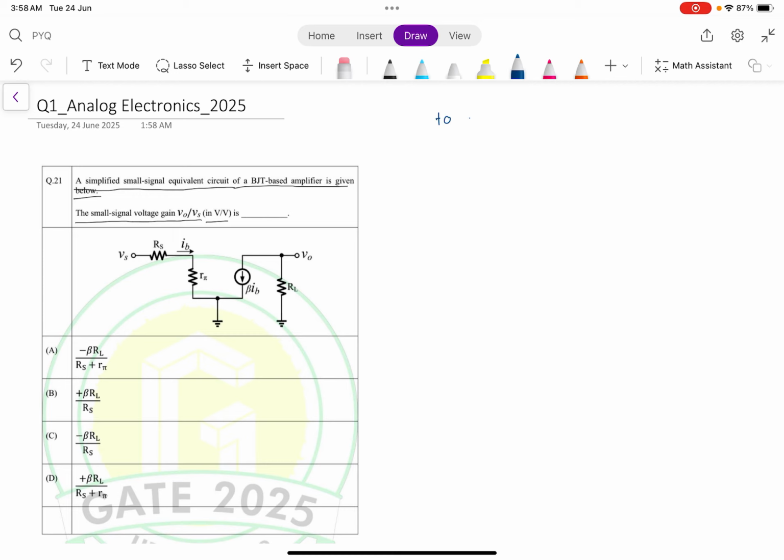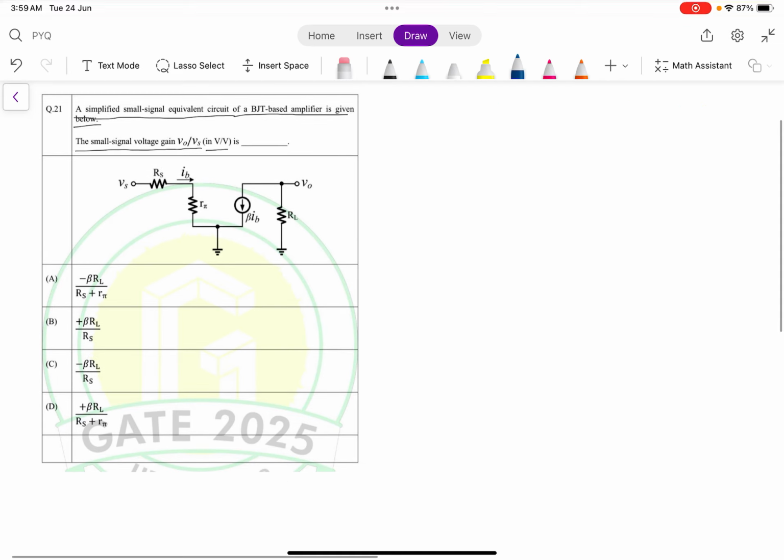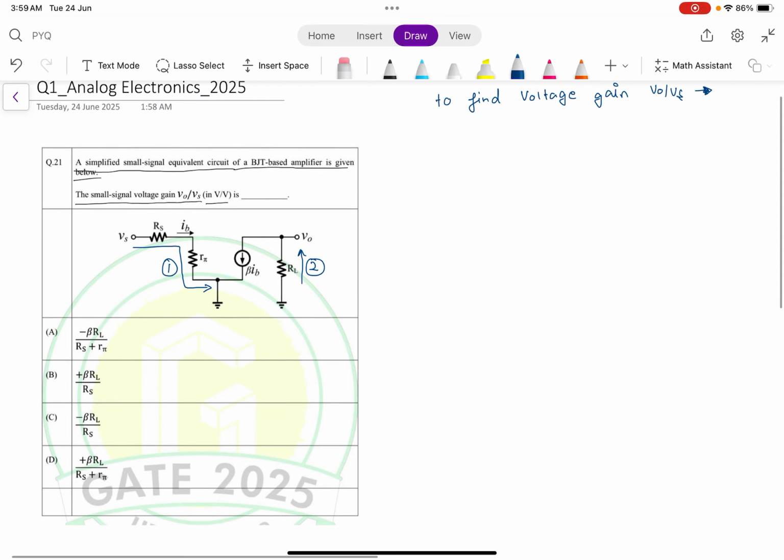To find voltage gain, which is nothing but V0 by Vs, the best possible approach is to use the KVL here in the first path and in the second path. So we will write the KVL equation